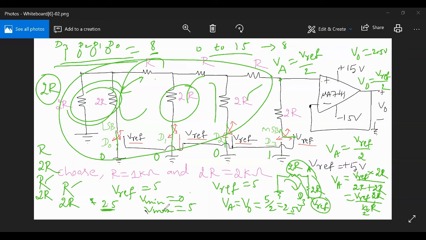So like this, the R2R network, the R2R circuit, is converting the applied digital input into its equivalent analog output. We could calculate the analog outputs for all the possible input combinations in the same way. This is the one example I have shown you, and the same analysis can be applied for obtaining the analog equivalent for any digital input within the possible combinations. Now, what output equation could we write for this circuit to obtain the theoretical values for all the input combinations? Let us see now.